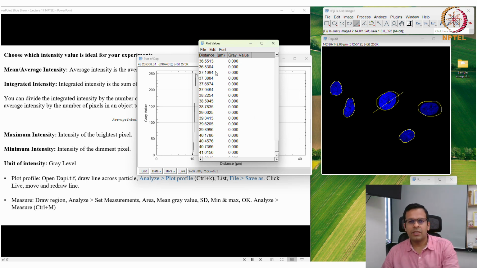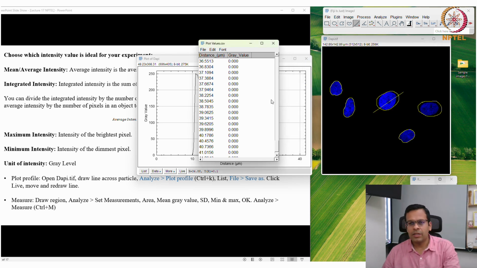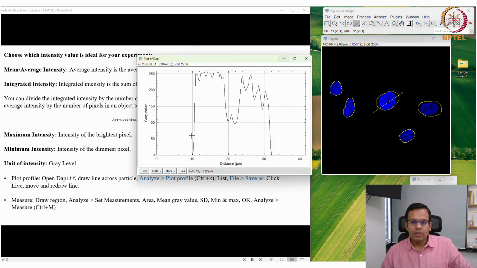You can save this as plot values, and you can open it as a .csv or Excel file. Then you can manually make whatever modifications you want, or if you want to plot it in a different way, you can do that. Also, you can convert it into live mode.